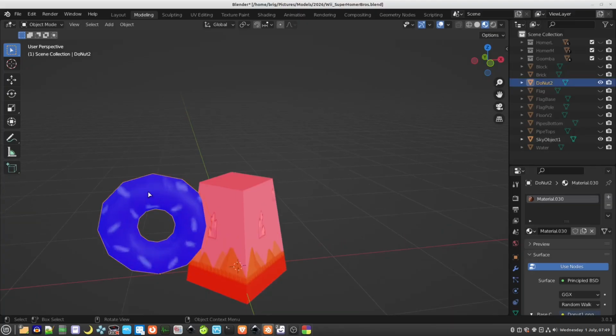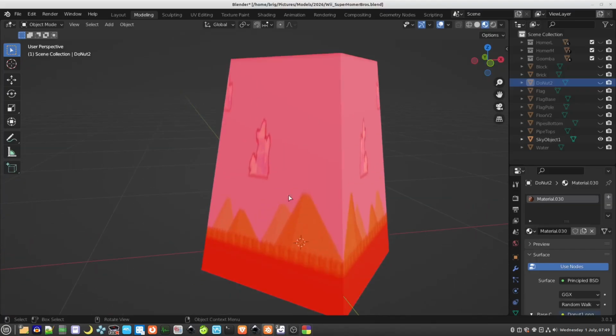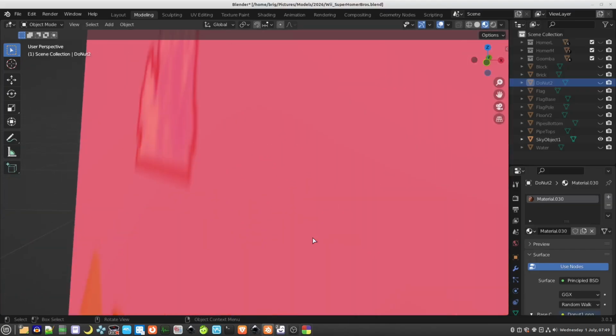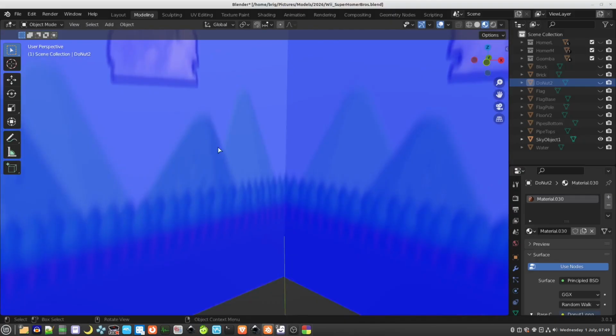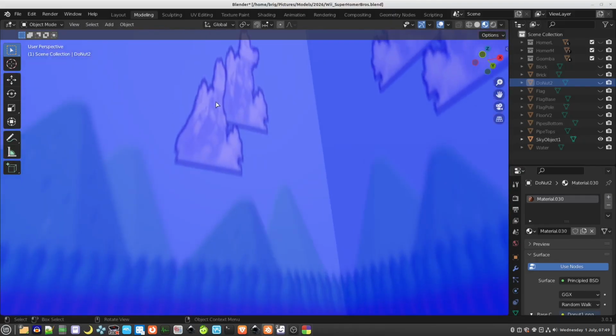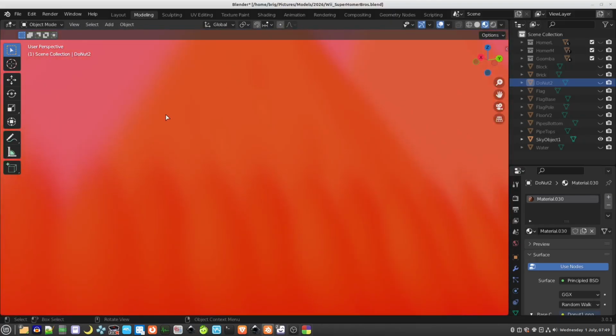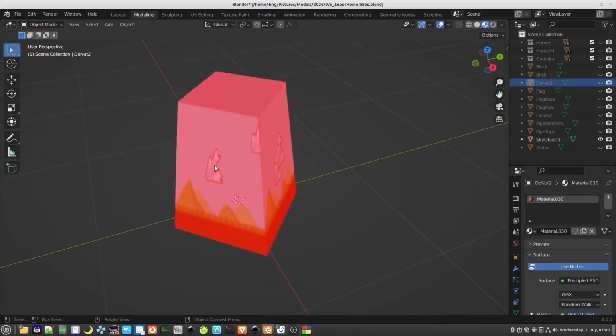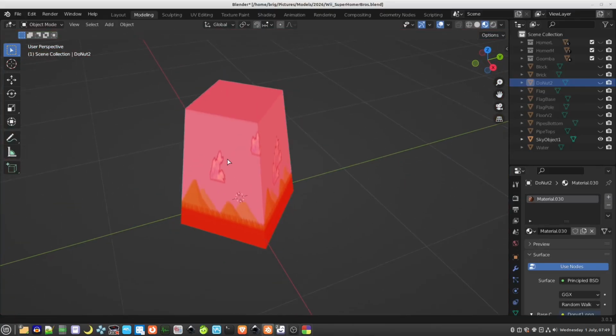Which is correct for all models you view normally. However, because this is a sky and we're going to be actually inside of it, you have to flip the normals so that the blue is the opposite way around. Normals basically